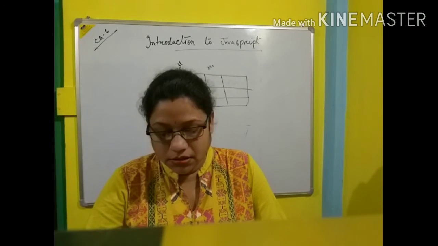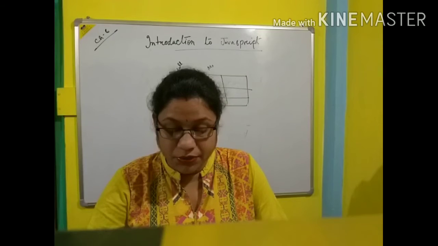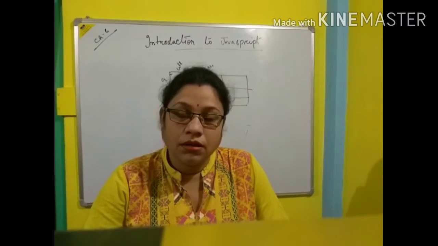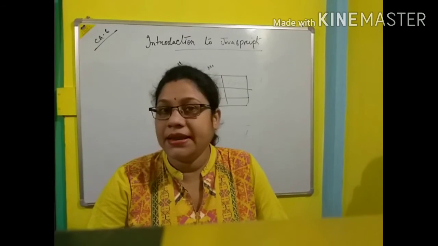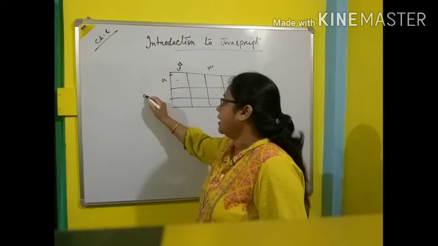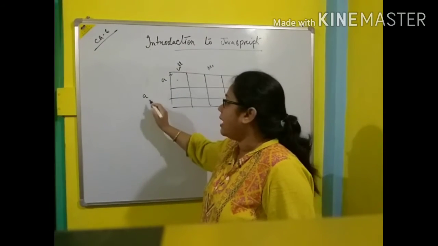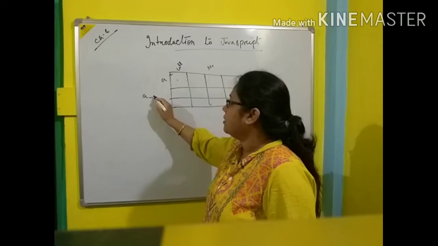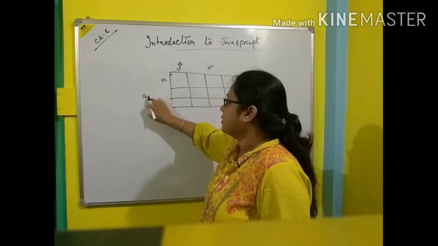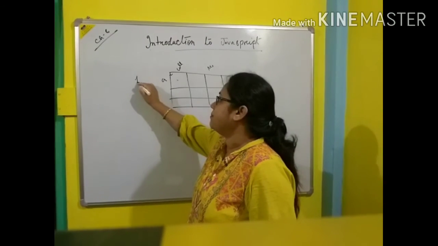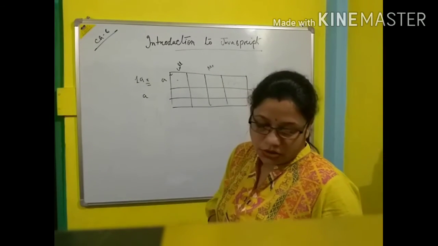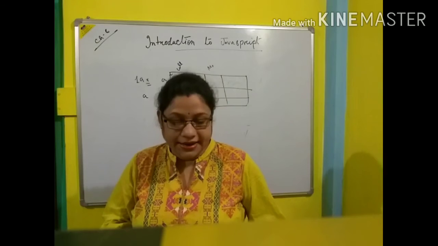That means when you name a variable, it must start with a letter, suppose A. After that you can give an underscore, and you can use numbers also. But the variable name cannot start with a number. That is, 1A is wrong. So the name must begin with a letter.